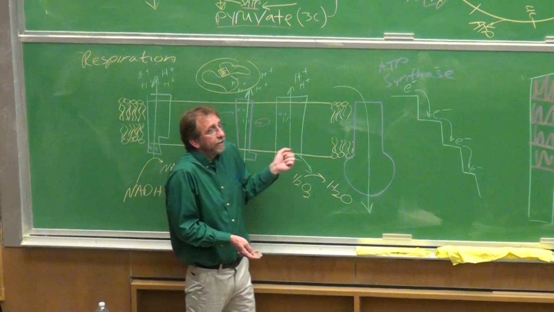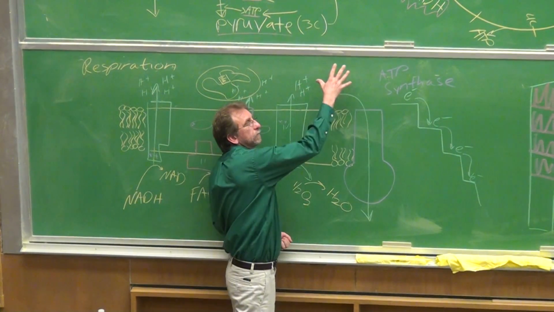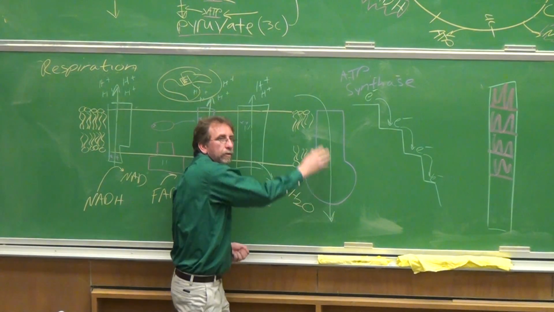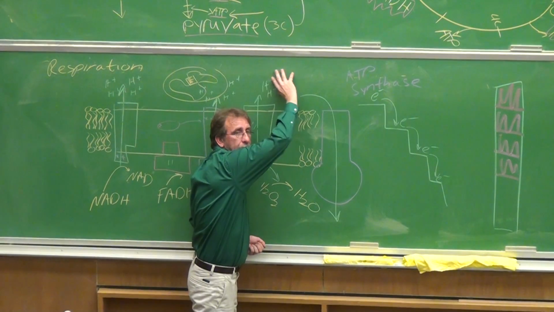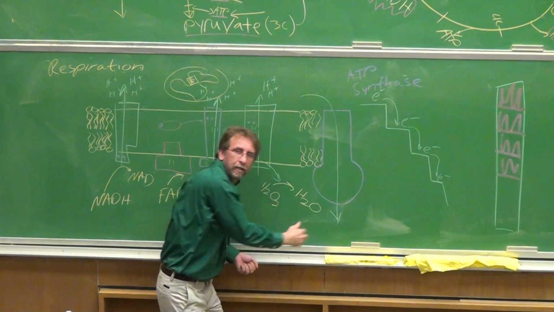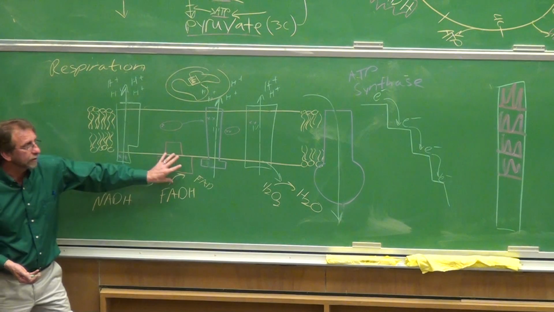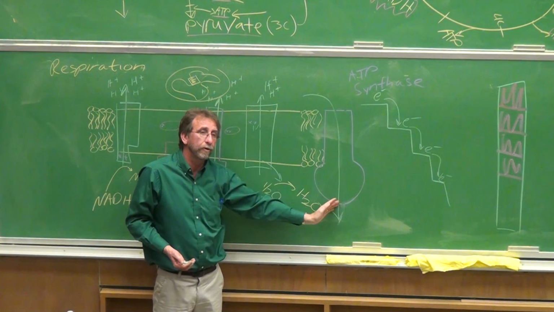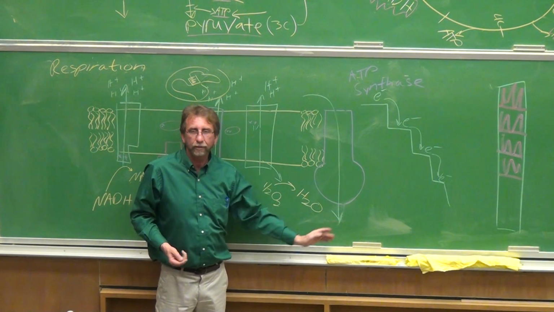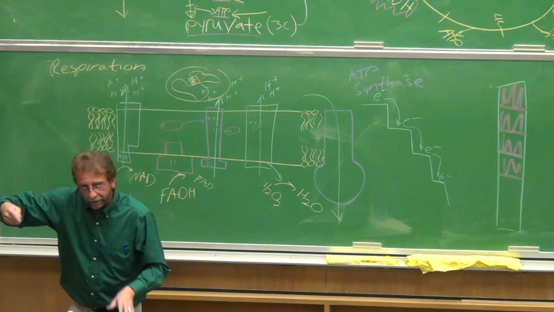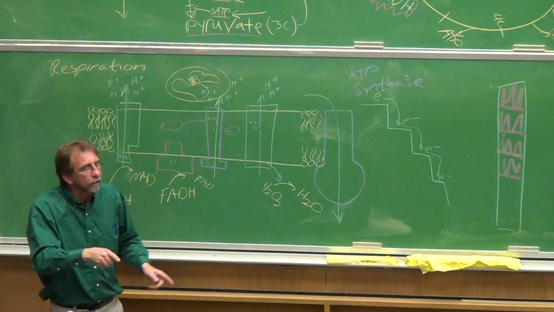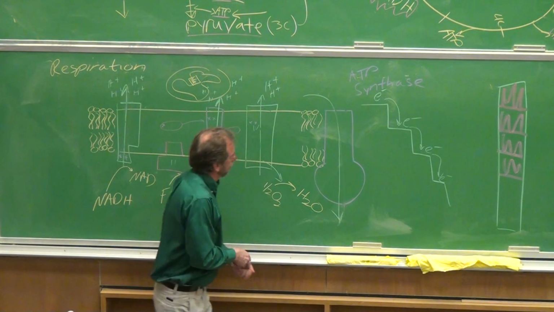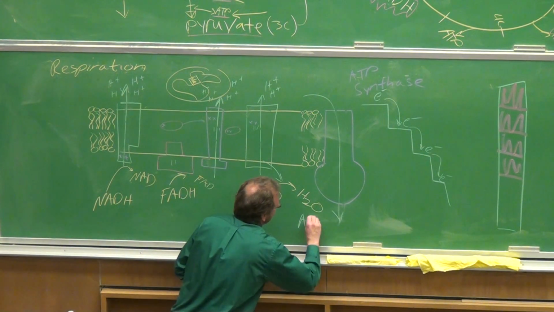And this doesn't require energy, right? Because we've got lots of hydrogen ions up here, and we have very few here. So the gradient is such that the ions are going to want to flow this direction. We've used the energy of the electrons to establish this gradient so that those hydrogen ions will flow this direction. As they flow this direction, you can think of it as like a water wheel. You know, as water flows under the wheel, it turns the wheel, and as you turn the wheel, you generate electricity. Same thing here. As we turn that wheel,